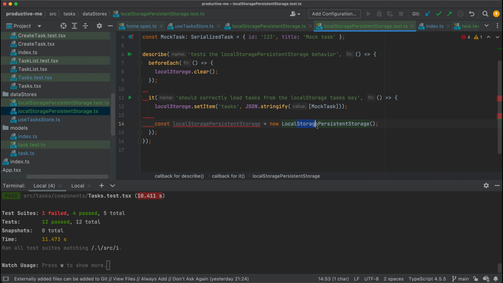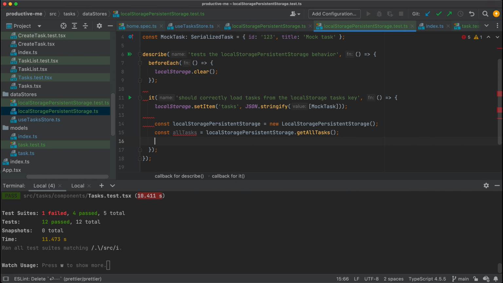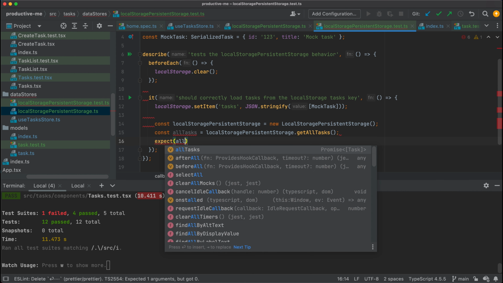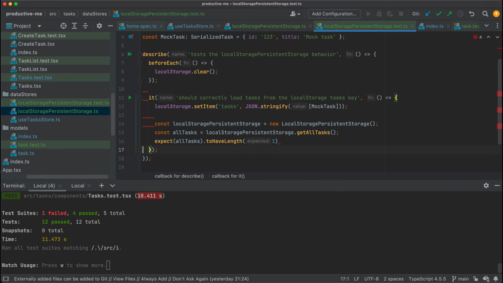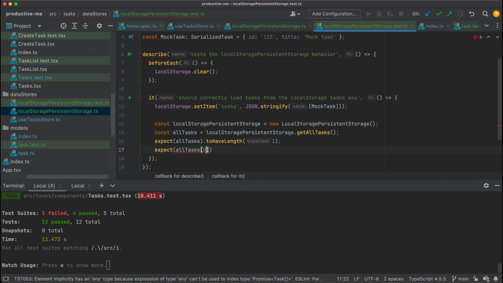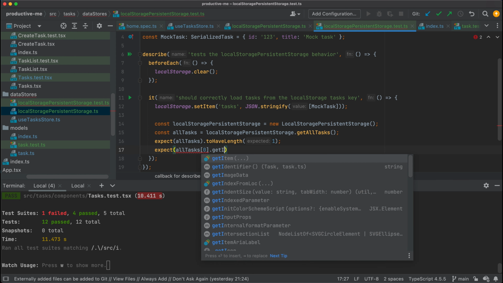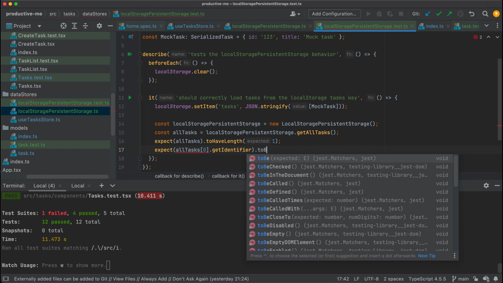Okay, so basically now I am getting the task here, and I want to get const all tasks is equal to local storage dot get all tasks. This is still working, and then here we would expect all tasks to have a length of 1, and we would also expect all tasks 0 dot get identifier, right, to be